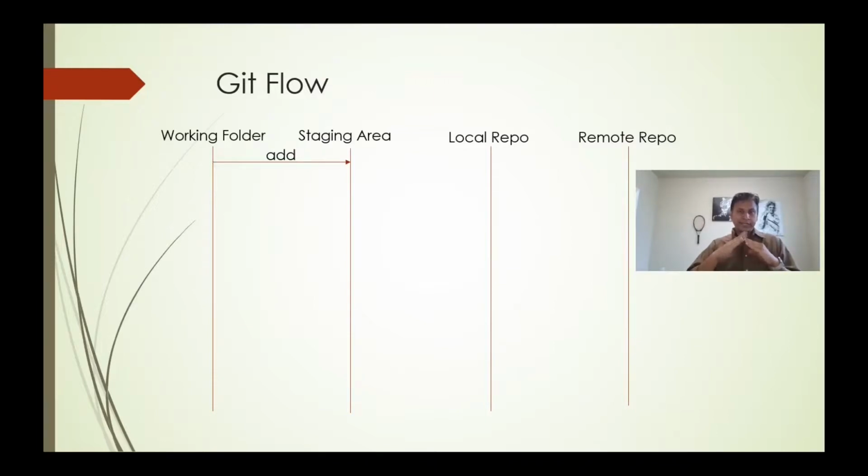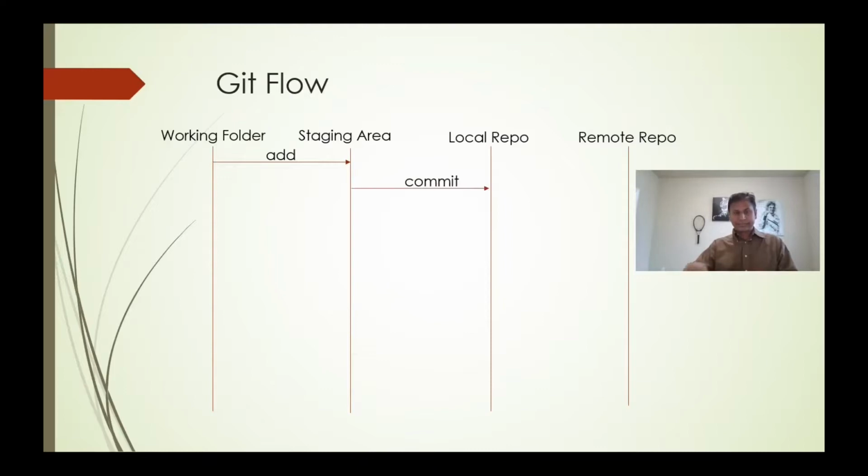There are two things created in Git: the staging area and the local repo. Staging area is nothing but the index. For any file, first the index needs to be created. How are you going to create the index? By using the add command. First we start with git init. Then you run git add, and you can give a specific file name, or if you give a dot, all the files will be taken. With add, the file is pushed to the staging area. I mean, not pushed, its index will be created, right?